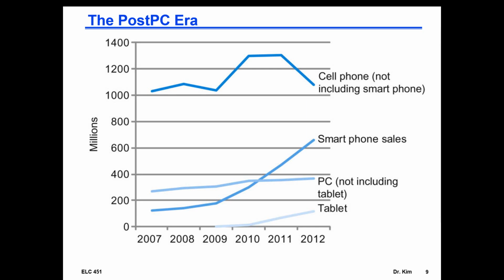So some people still use the flip phones, and you can see how about in the year 2010 the actual sales and the install base of smartphones surpass the PC, not including tablets, which is another type of somewhere in the middle of a laptop and